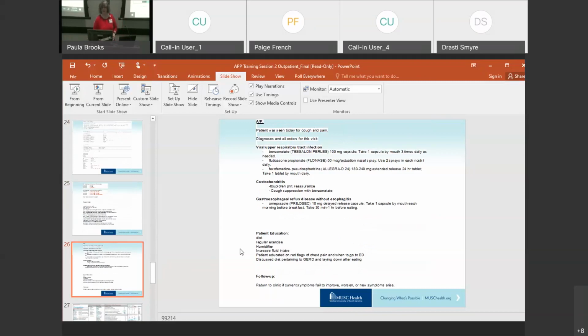So this patient's got a viral upper respiratory infection, costochondritis, and she also talked about that she had some reflux that she had not been taking anything for, that we're prescribing Prilosec for. So for this one,